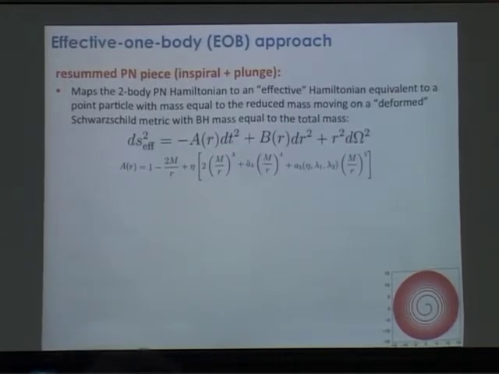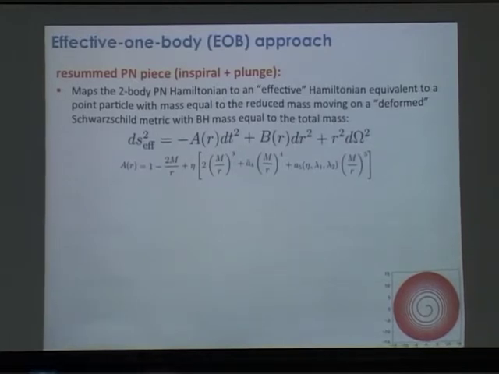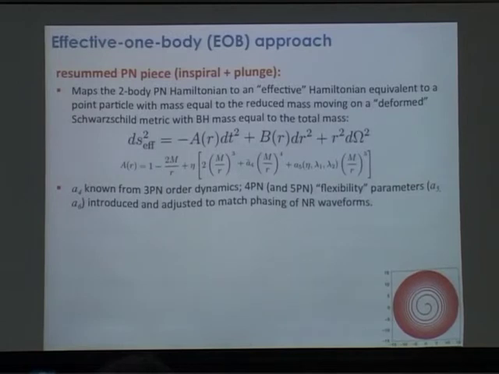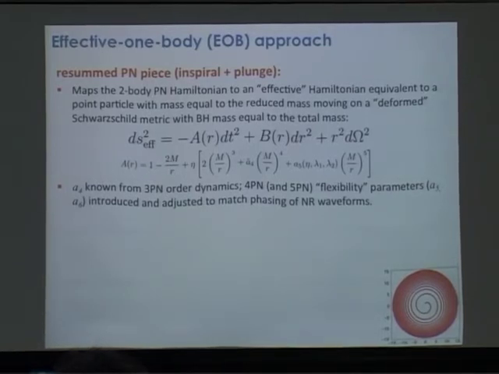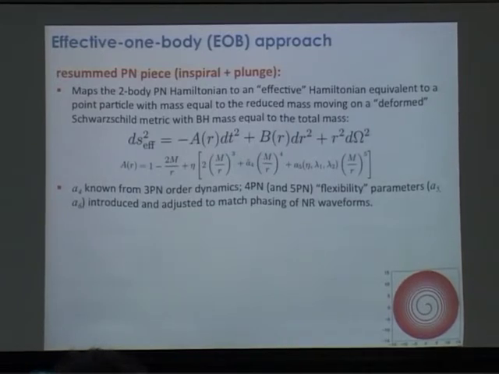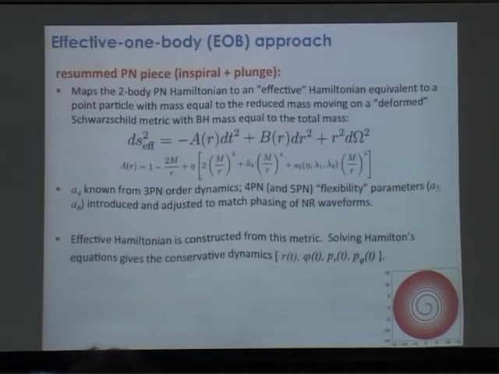So I essentially have some deformed Schwarzschild metric, and I can then construct the new dynamics of my reduced mass particle on this effective Schwarzschild geometry. And from this geometry, I construct a new Hamiltonian. In this metric is where I can start to introduce new fitting features. I get some exact analytic solution that depends on to what order I know the standard post-Newtonian Hamiltonian, and then I can introduce some new free parameters into this metric, which I can then try to fit to the numerical relativity simulations. So once I have this metric, I construct this Hamiltonian.